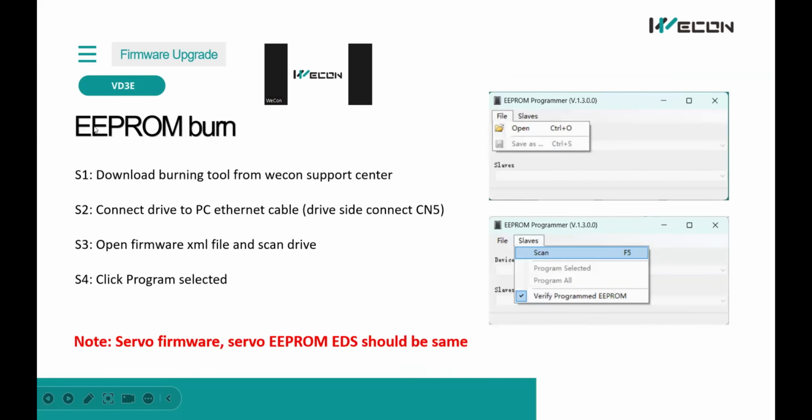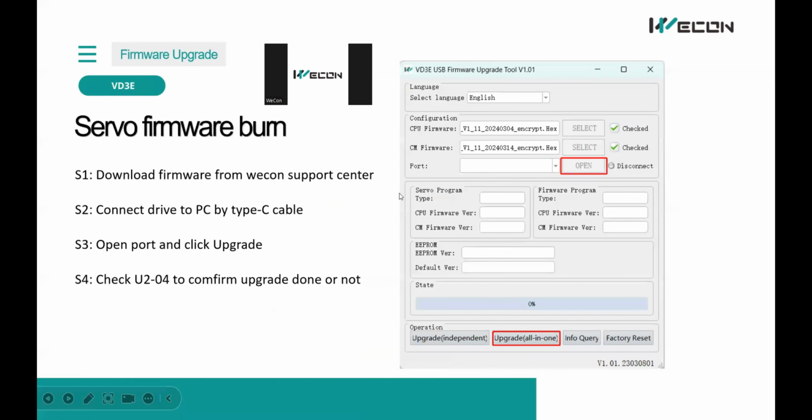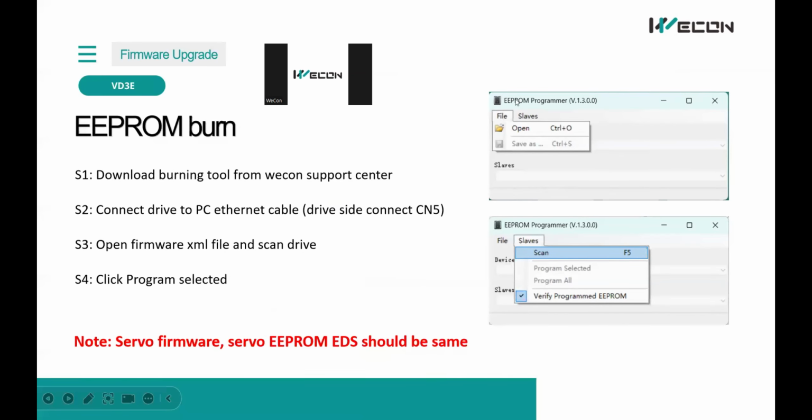And the second step is we need to upgrade the EEPROM of our driver, or we can also say we need to upgrade the EDS file of our driver. What's EDS? EDS is electric data sheet. So how to do it? First, we need to download this EEPROM programmer, and you can also download it from our WECON Support Center. And second, you need to connect the driver to the PC